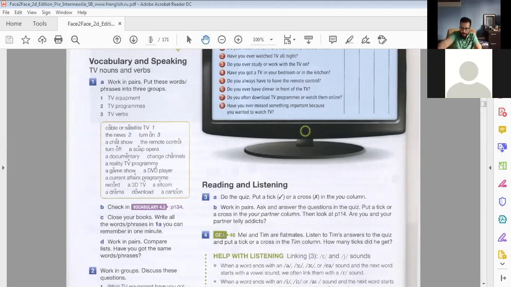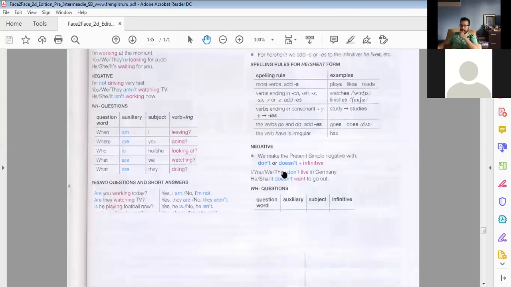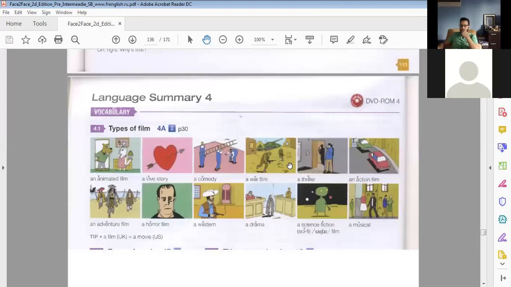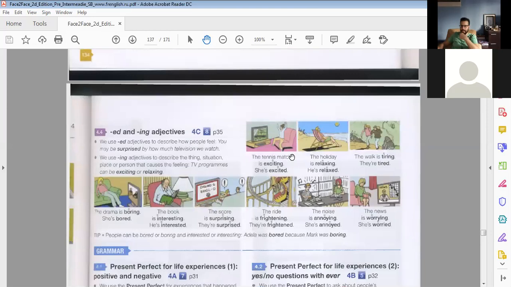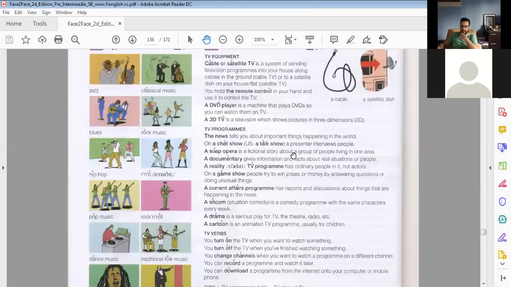So here we have 36, 135. So let's check if there are any. Okay, so this is 35. Okay, so let's check the new word, because you know all the words. We don't have to check them, but just check